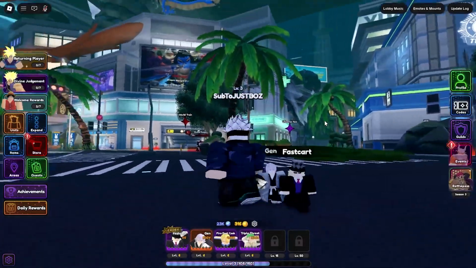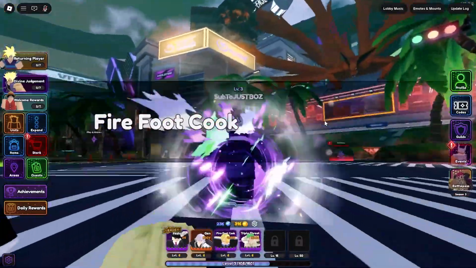In this guide, I'm going to show you how to change keybinds and hotkeys here in Universal Tower Defense X